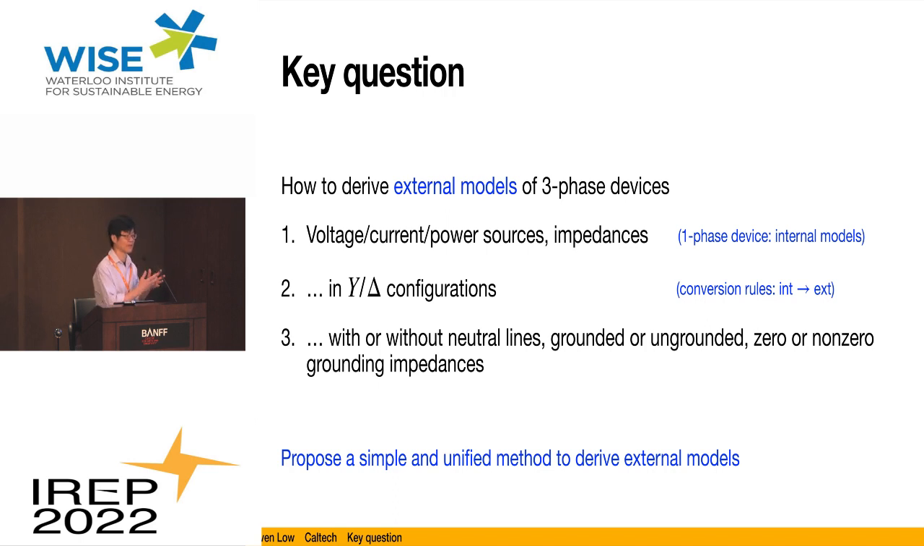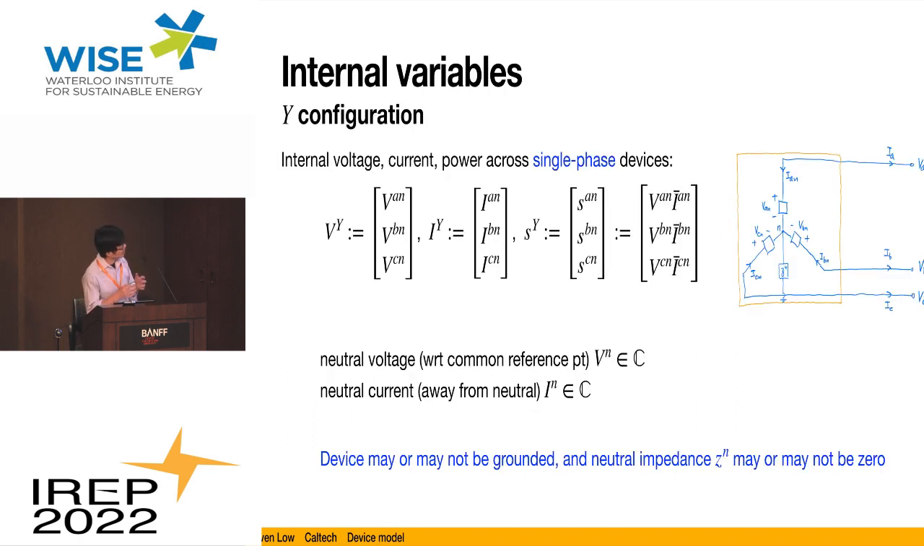But the three-phase devices have their internal behavior, whether it is a voltage source or impedance and so on. And the first thing is that we can just write down this one phase, the internal model based on the behavior of the single-phase device, independent of whether it's in Y or delta. And then we need a conversion rule to convert between the internal behavior and the external behavior, and that's all it is. So once we write down these two sets of equations, you can eliminate the internal variables, and then